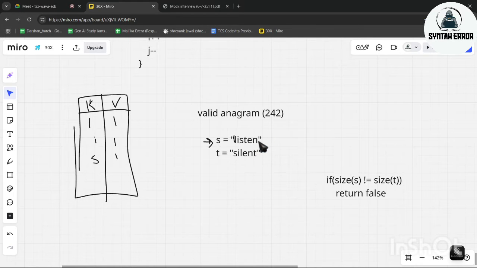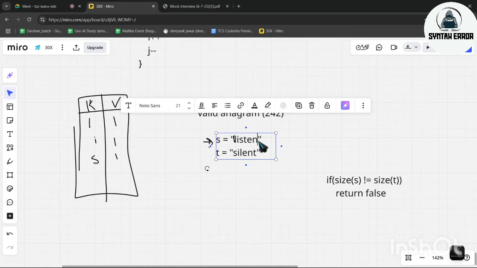You take an example, if it was "listening" and this is "silent", if the size is not the same, then obviously these two are not an anagram. The basic condition for two strings to be anagrams is that the size should be the same. The next thing is each character should have the same frequency, and the third thing is the order should be different. Okay, my bad.